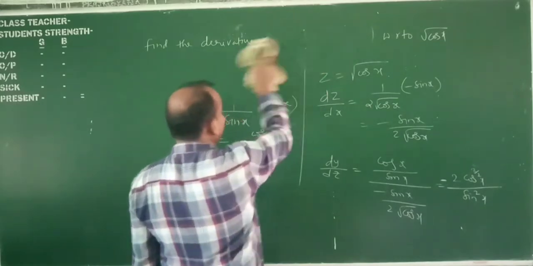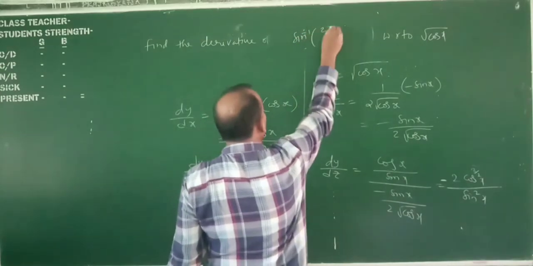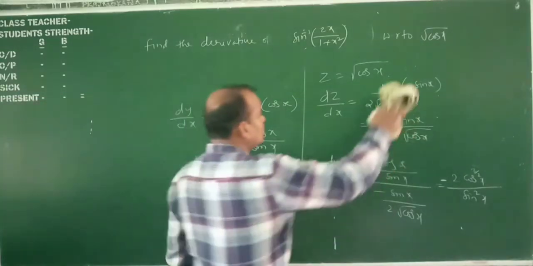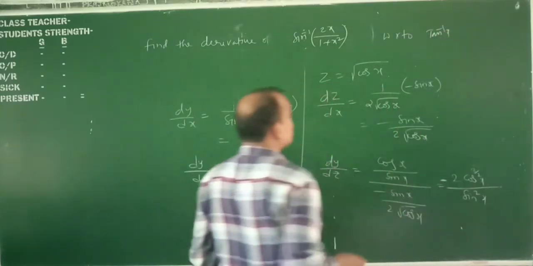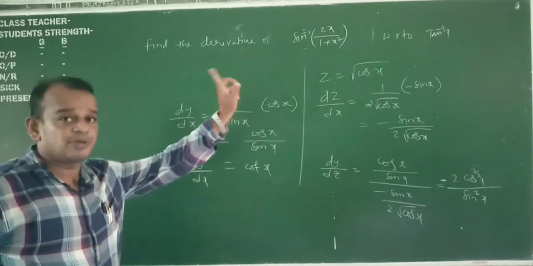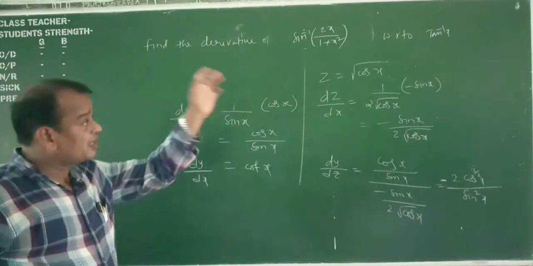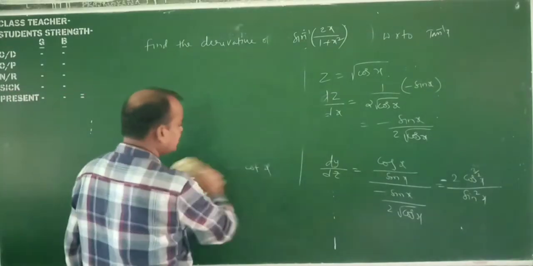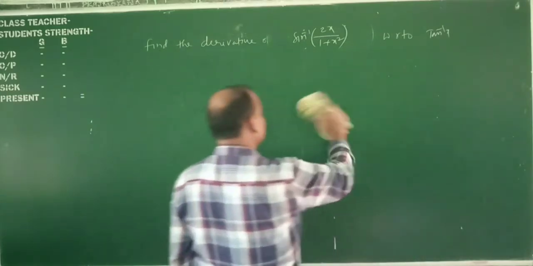Next question, the derivative of sin inverse of 2x by 1 plus x square with respect to tan inverse of x. Very, very important questions. Now remember, derivative of sin inverse of 2x by 1 plus x square, derivative of cos inverse of 1 minus x square by 1 plus x square with respect to tan inverse of x, derivative of tan inverse of 2x by 1 minus x square with respect to tan inverse of x. We will do them in the same way. Remember each and every problem, don't learn by heart.